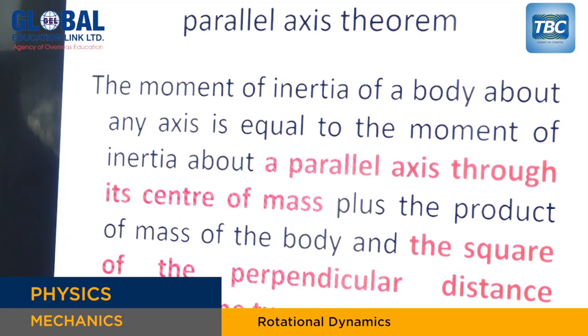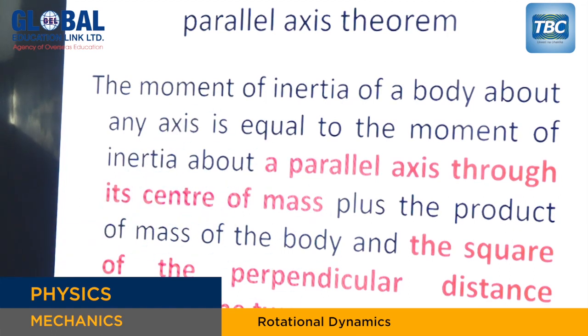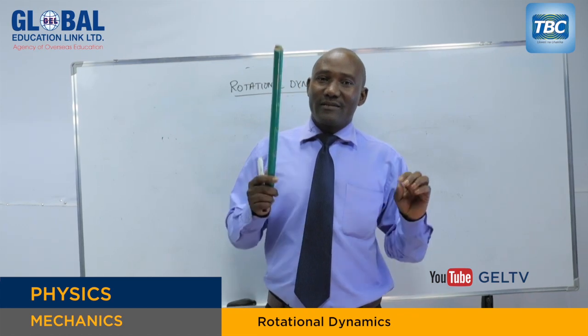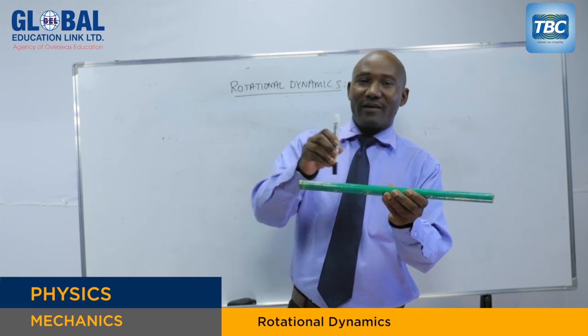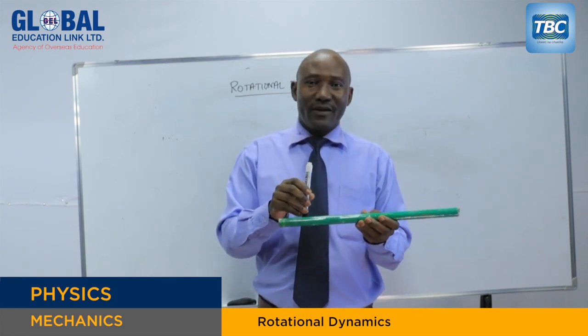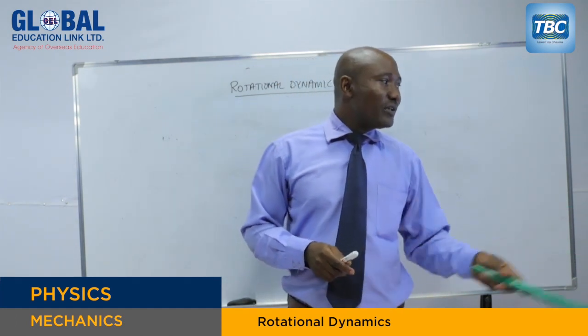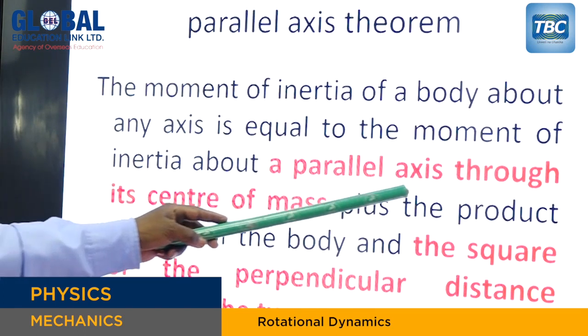Now, the theorem says what? The moment of inertia of a body about any axis. We said before it was passing through the center. Now the question is, suppose it is not passing here. It is passing at the end, somewhere. How do you find that? So we are told this moment of inertia will be equal to the moment of inertia about an axis through